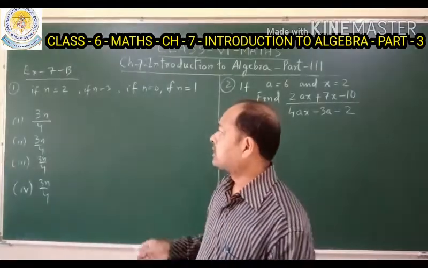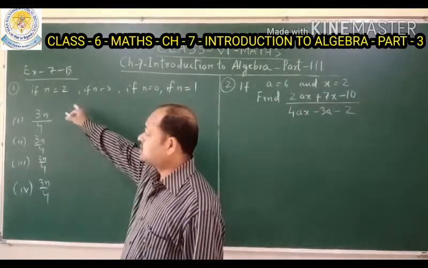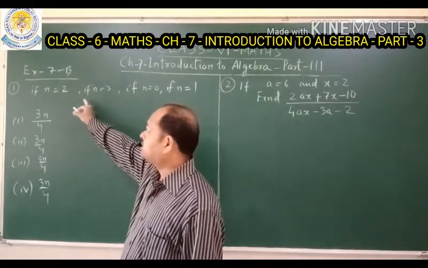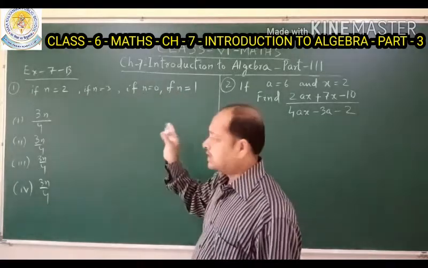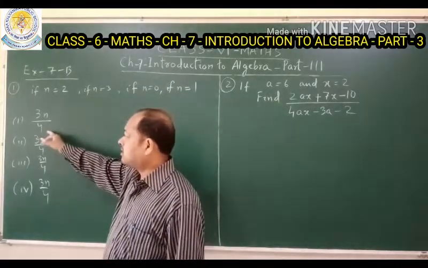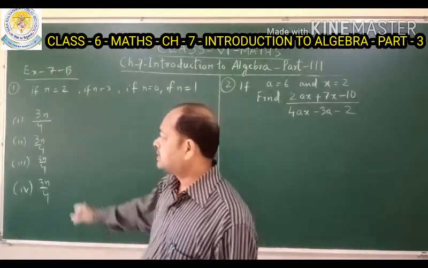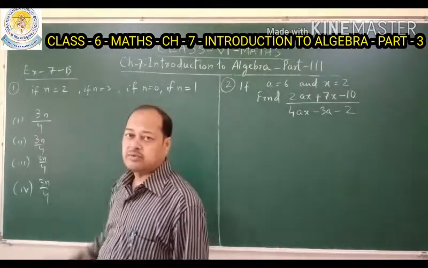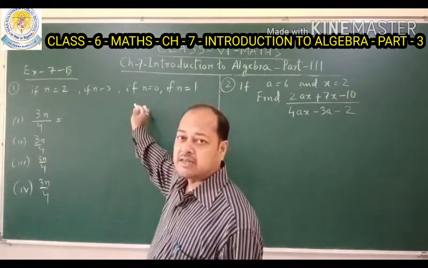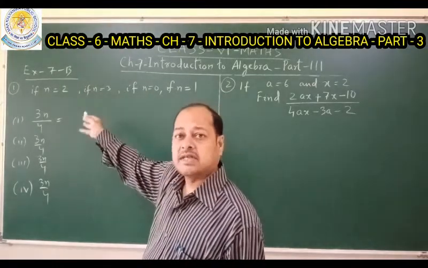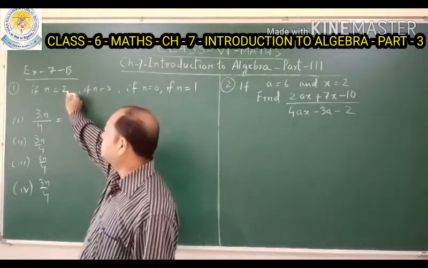Okay. Now look at question number 1 from exercise 7b. Question 1 says that n value is 2, n value is 3, n value is 0, n value is 1, and then we have to solve 3n upon 4. There are many questions; I am solving one of the questions from question 1. That question is 3n upon 4. Here we have to put in the n value; 4 different n values are given, and according to the 4 different values, the answers will come. Okay, let's see. Let's see the first condition, that is n equal to 2.